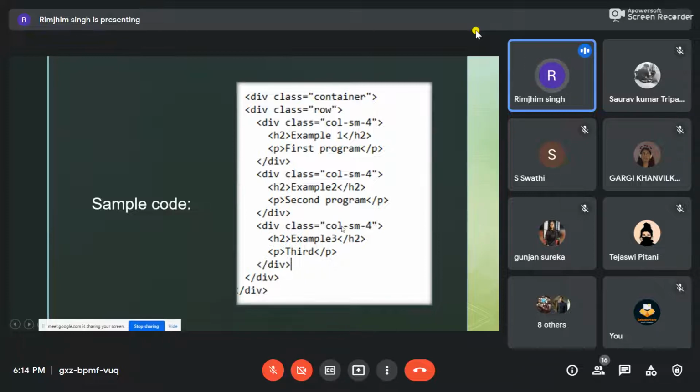This is what we have to remember: if we want to use grid, class is equal to col-sm-4. This is a class in Bootstrap. Here 4 is a dynamic number, which we can change anytime according to our resolution. For example, in this code it will be 4, 4 and 4. So if I run this program, my output will display the first element, second element, and third element. So this is how we are using grid.